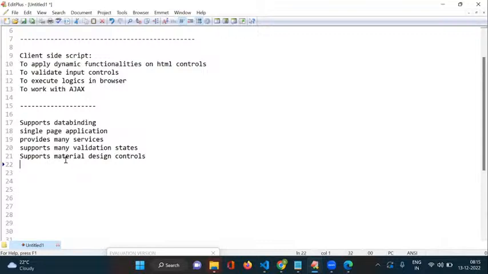So that support also directly it is providing for us. Is it clear? So it is supporting that material design controls. Okay. Next one here